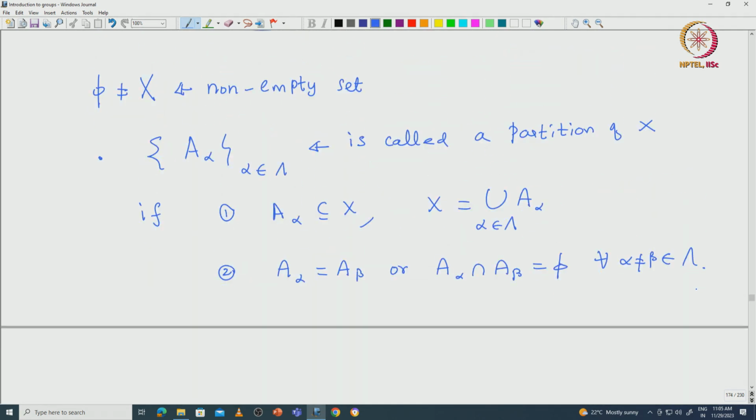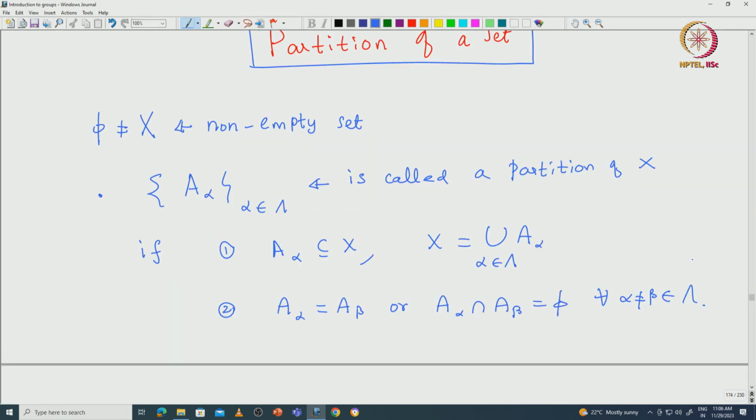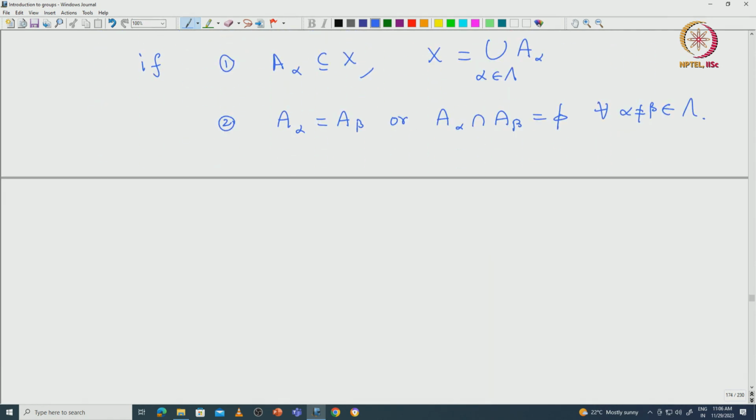In general set theory there is a way to get a partition. Having a partition is equivalent to such a way. So, let us see what that is. That motivates us to define what is called an equivalence relation. So, partition can be obtained from an equivalence relation. Let us see how one can obtain it. First of all, let us define what is an equivalence relation.